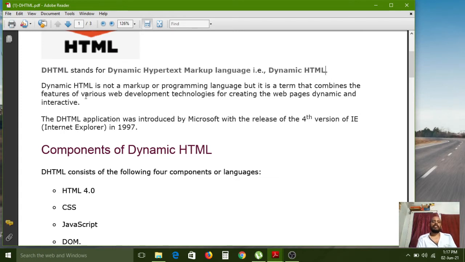DHTML is not a markup language or programming language, but it is a term. A term is a computer terminology. The word DHTML is a web technologies related terminology, a term that combines the features of various web development technologies.